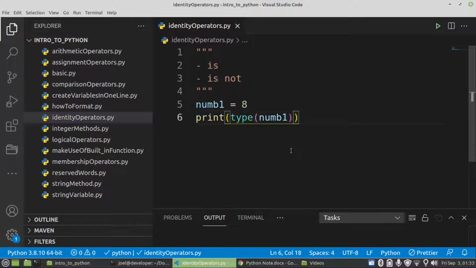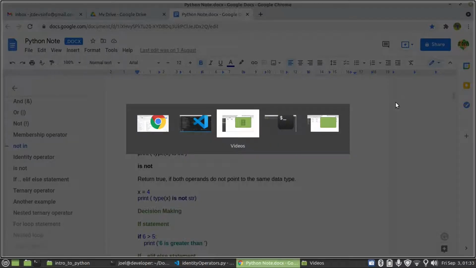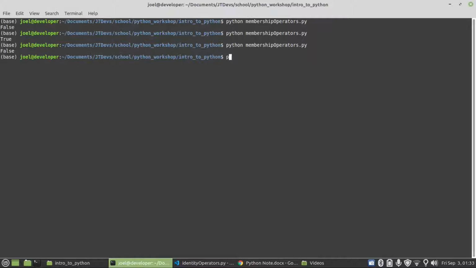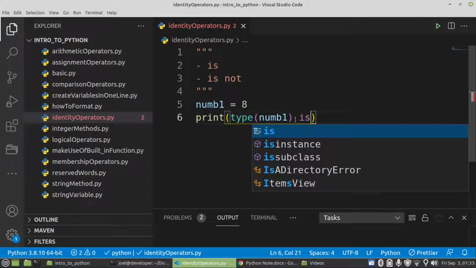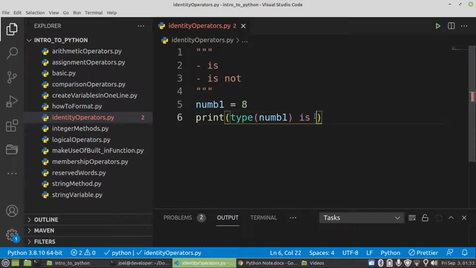So by doing so, it's going to give us a data type. If it was a list or a string, it will say a string. So let's have a look. And then it says that it belongs to a class of int. Now we can check if it is an int,